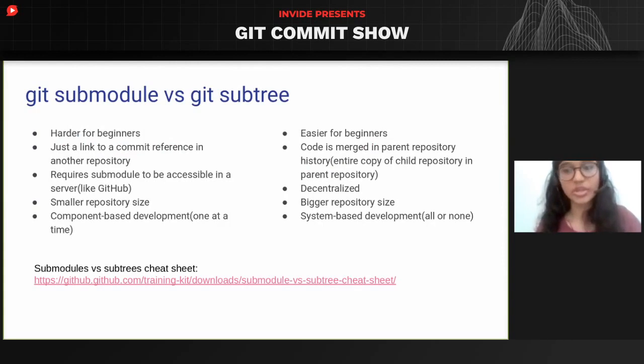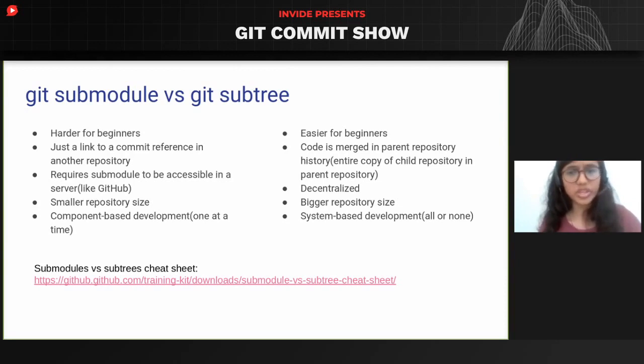So the next thing, the quintessential, the very essential stuff I can talk about, is Git submodules versus Git subtrees. It's very important to understand this, because every tool has its own pros and cons, and you need to know which particular use case your project should serve. I can say that Git submodule was harder for me when I was beginning. If you don't understand that it is a link to a commit reference and not an entire repo altogether, it becomes really difficult to understand when you are a beginner.